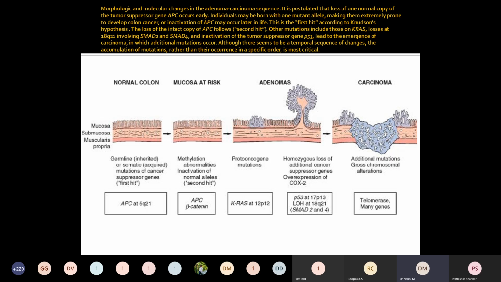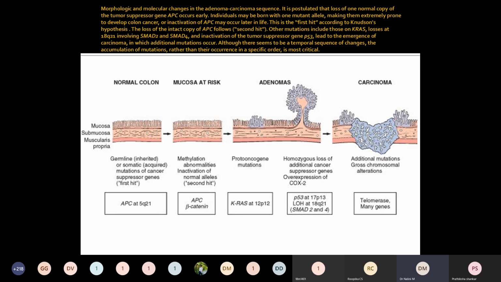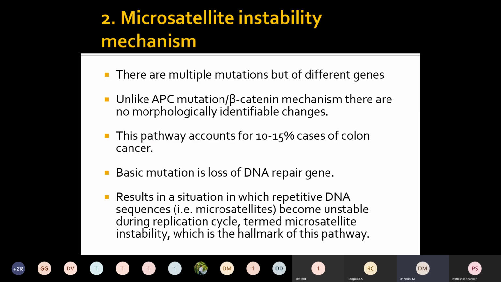Then we go through the tumor suppressor gene P53, which is the most important, which leads to the emergence of carcinoma, and the additional mutations pile up and cause an invasive carcinoma. So this is most commonly the order, but the order could be different. What is important is the piling up, or the accumulation, of these mutations, which leads to the end result, which is the